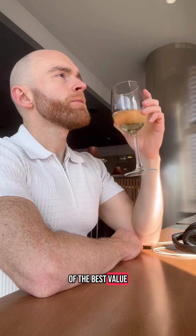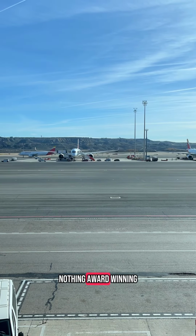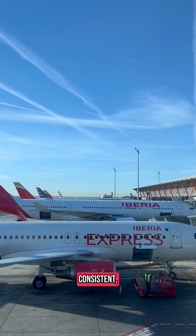Iberia is one of the best value ways to use your Avios to secure business class seats to cross the Atlantic. There may be nothing award-winning about this product, but it's comfortable, consistent, tasty, and a great way